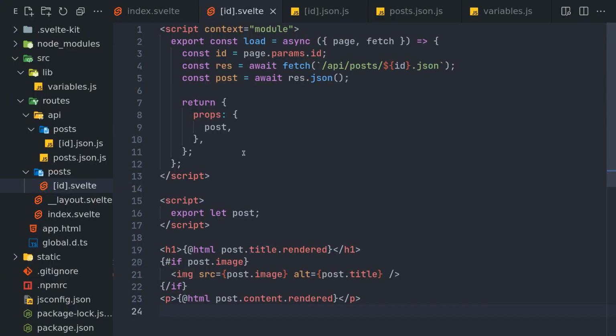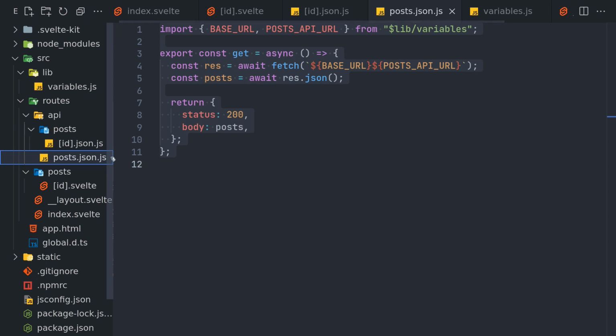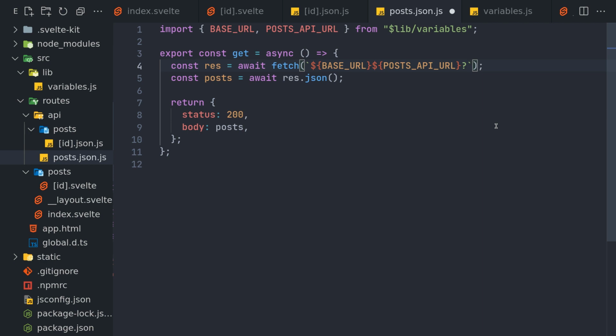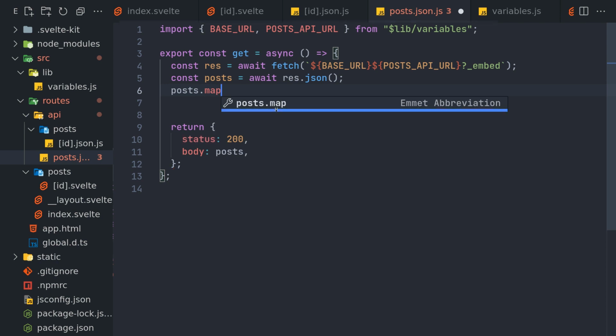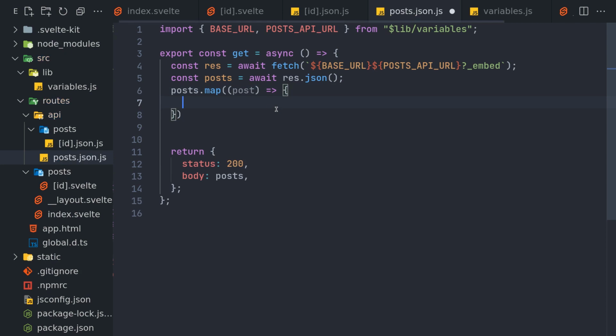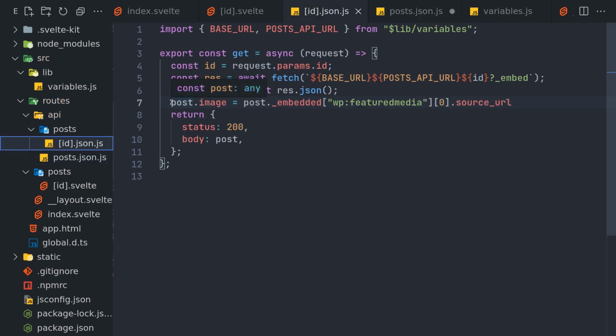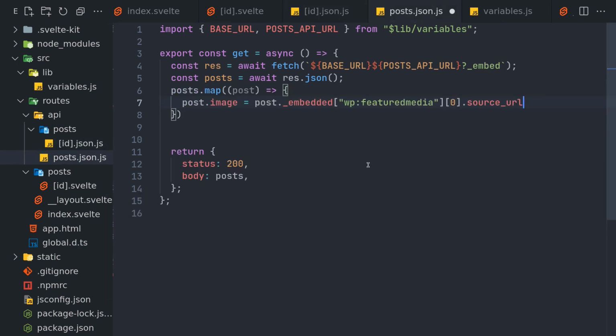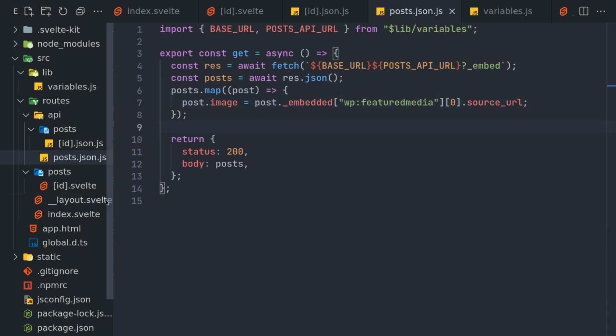image for our individual post, but what about the list of posts? Now here also we can do the same thing. We just have to send _embed, and then for posts we get everything. I think here we can do something like posts.map. So we'll have to target individual posts. Then inside we'll do what we did here, post.image. I'm guessing this one line should do it, but I'm not quite sure. Yeah, we get posts, and then